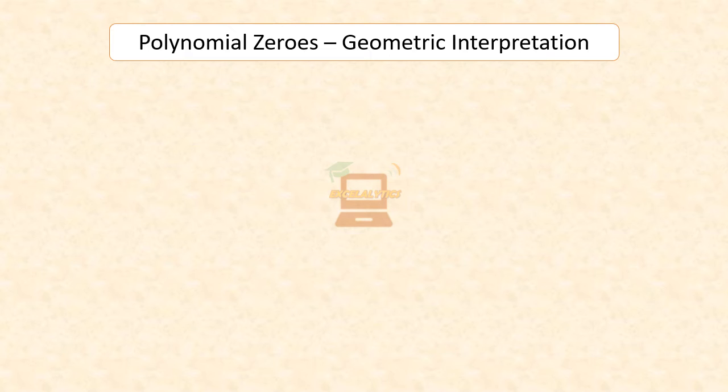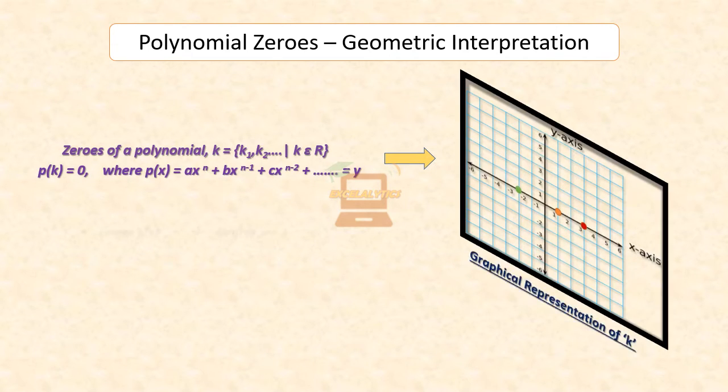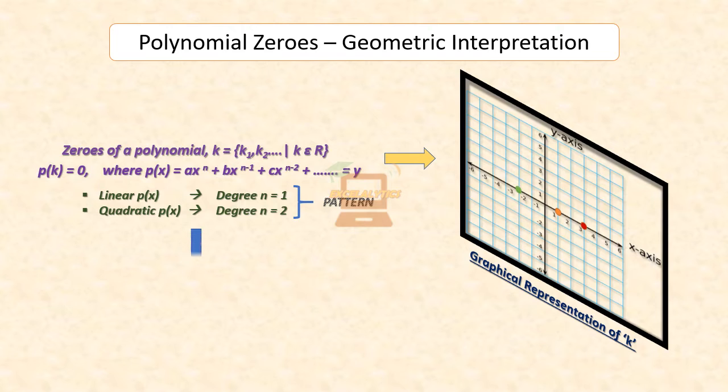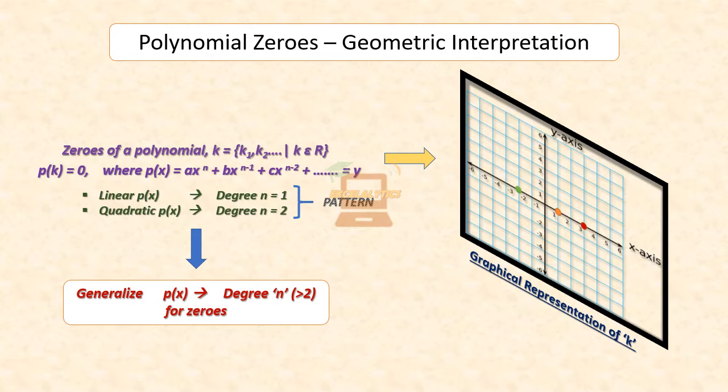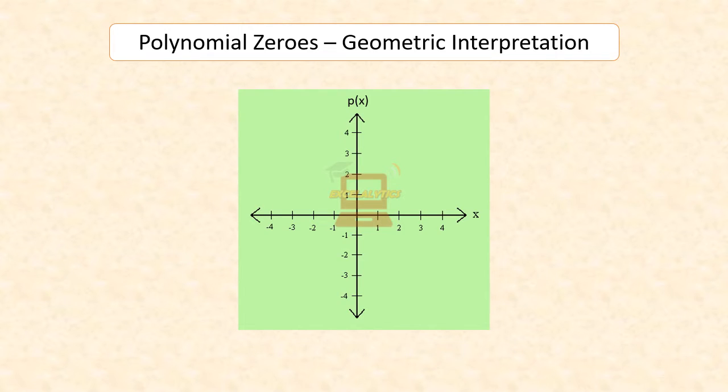Let us see how the zeros of a polynomial are represented geometrically for linear polynomials and quadratic polynomials. When we are able to find a pattern, we will state a theorem for zeros of a polynomial with degree n. When we draw the graph of p of x versus x, let us assume p of x as a separate axis y. For a linear polynomial p of x equals a times x plus b, or we can say